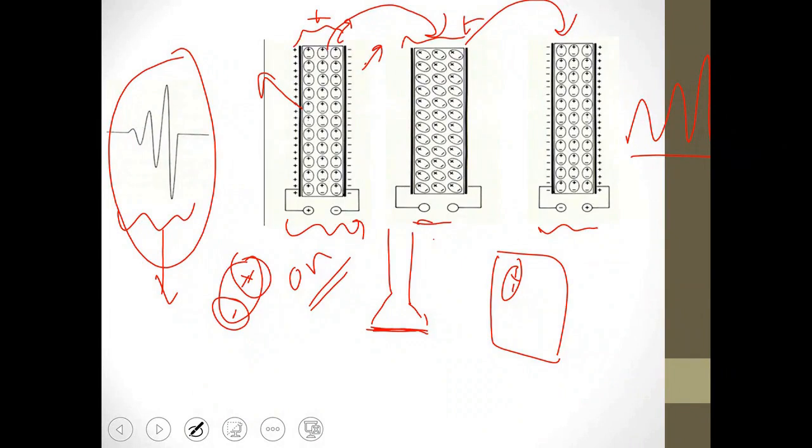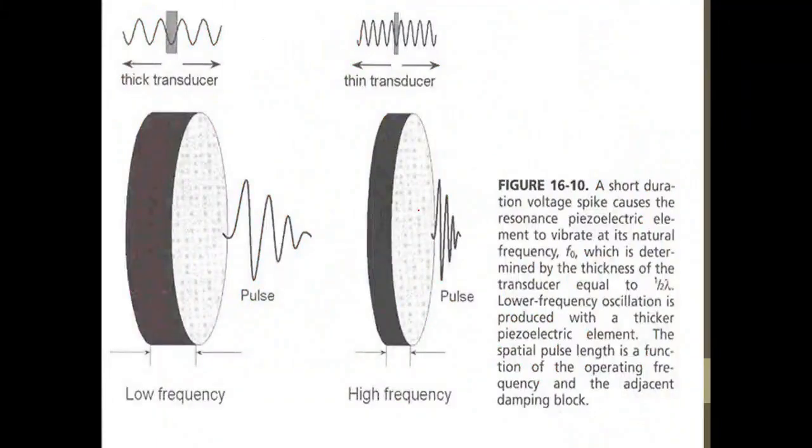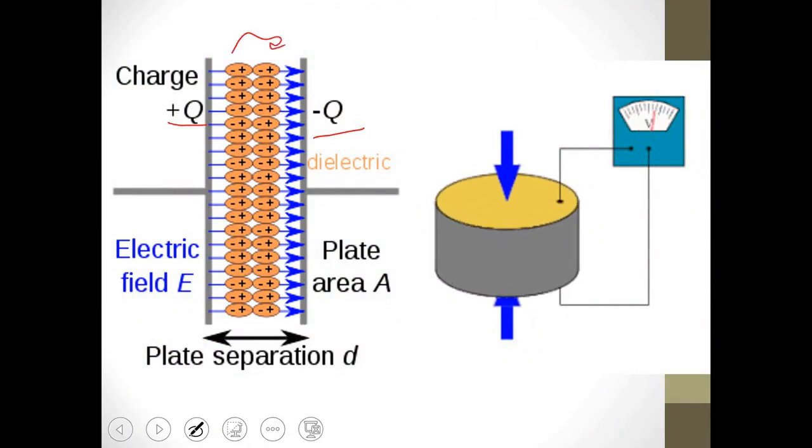Of course, I don't have just one crystal. I can have over 500 crystals or 500 elements inside the probe. But right now, we are talking about a single element or a single crystal. Here is the shape of the crystal. Now let me show you something. Here is what happens. Here are the negative charges, here are the positive charges, and here are the dipoles. This is exactly what happens, as if you are doing